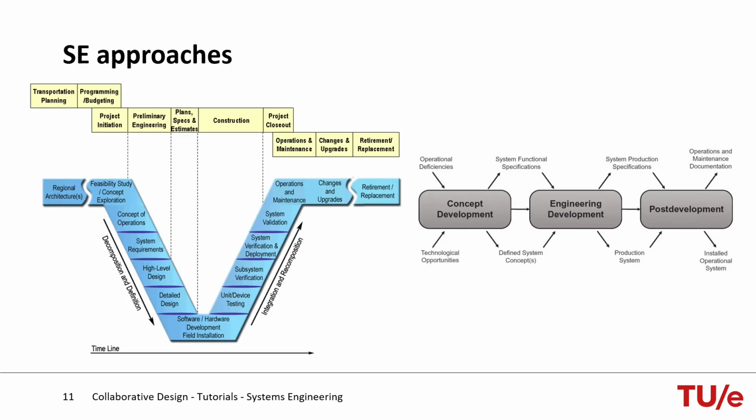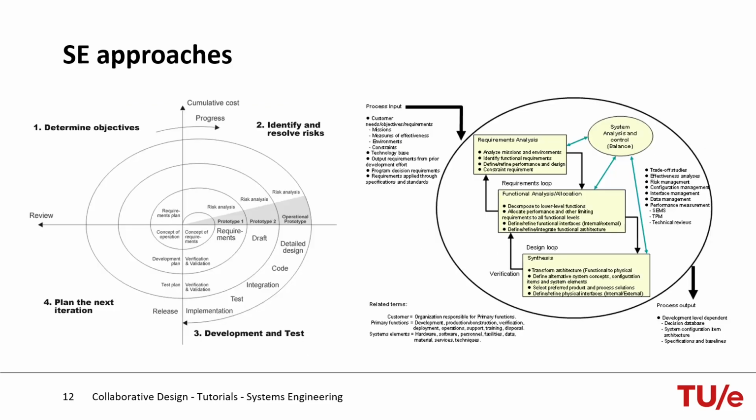On the left you find the famous V model, showing the design process as a decomposition and integration process at different levels. On the right of the slide, you find a cyclic design model, showing that a design evolves from conceptual design to detailed design, through many design cycles. In the collaborative design project that design cycle typically will take 1 week. Every week you will execute the 4 systems engineering steps, but obviously the design will become more detailed and concrete in every design cycle.